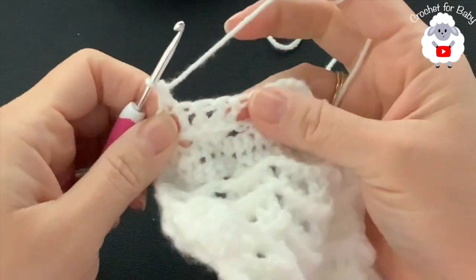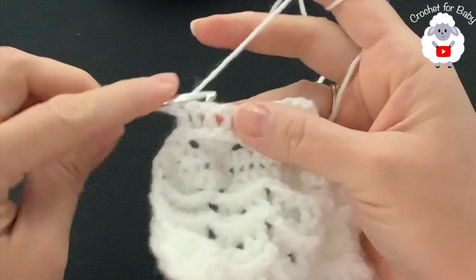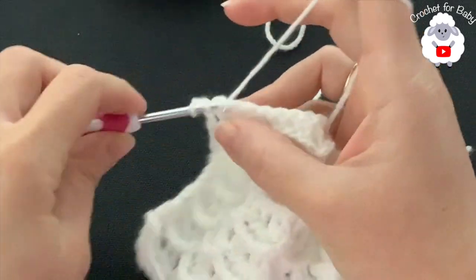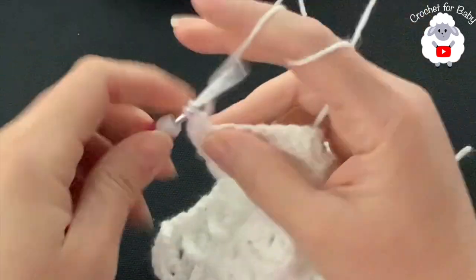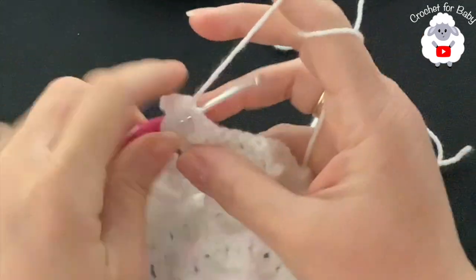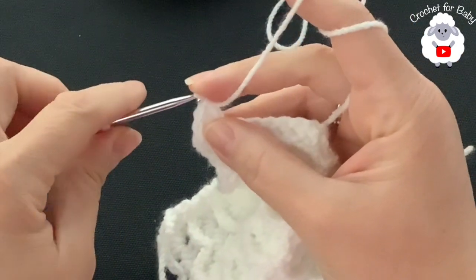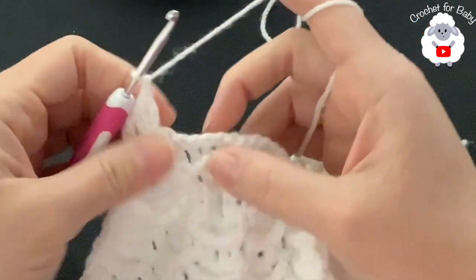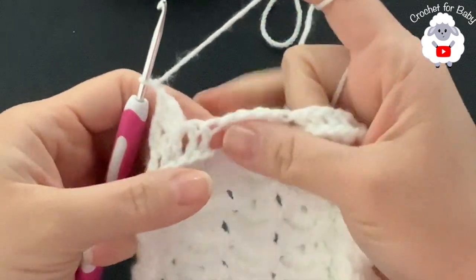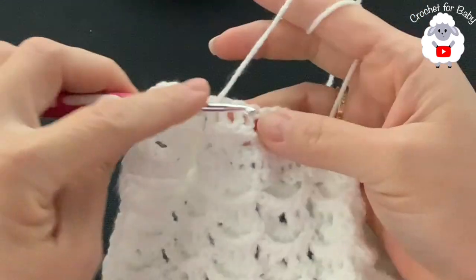Now we have this first shell, we have 4 double crochets. In the middle here, these 4 double crochets, so 2 and 2 on both sides, insert your hook there and make a shell. This shell here is going to consist of 3 double crochets. Now chain 1, and in the middle here between these 2 shells, make a single crochet, chain 1,